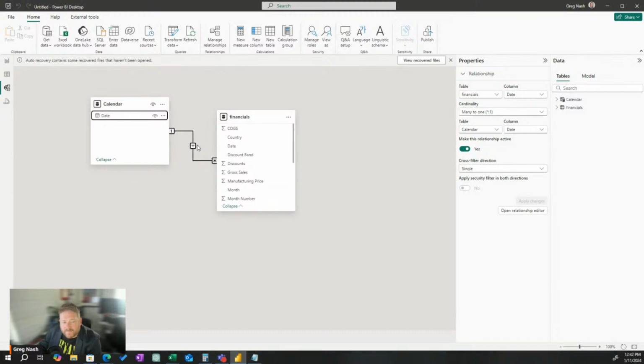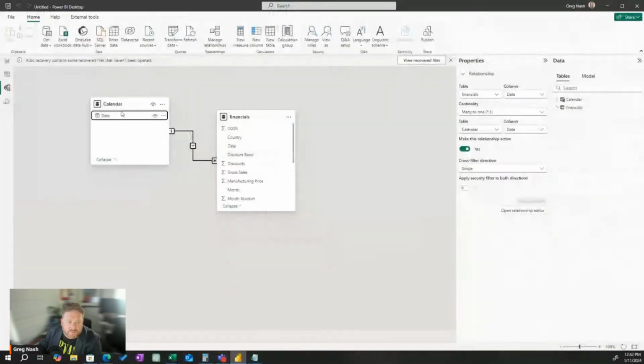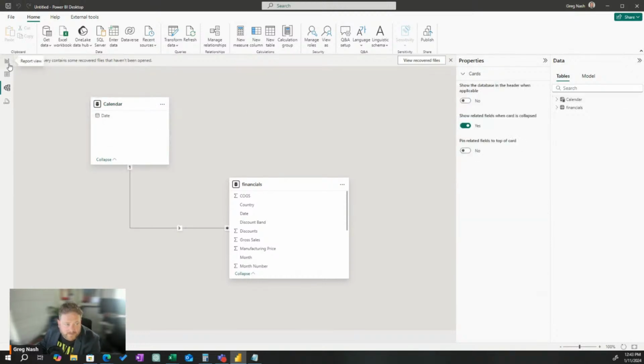And then this filtering direction, which is this little arrow here, we can talk about a bit later. But essentially, if I select a day here in the calendar, there's going to be a filter that goes down here, and it's going to apply that filter to the financial table. And now we're going to have awesome fun with that in our Power BI careers. All right. So we've transformed and loaded our data. It's time to create our report. It's like literally that's it. That's all we've done. We've created a relationship though, which is more than I expected us to do in this tutorial, I will admit.